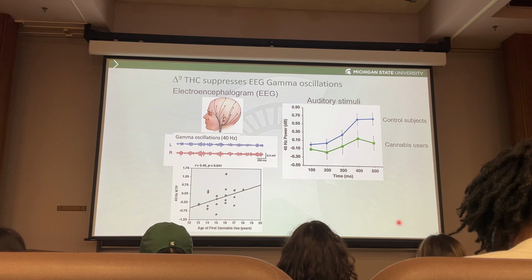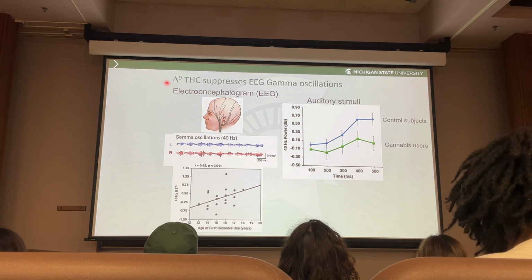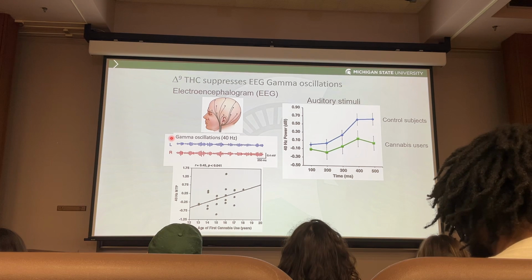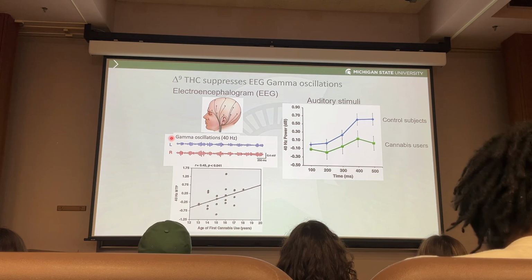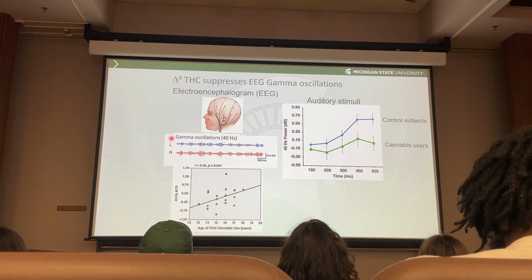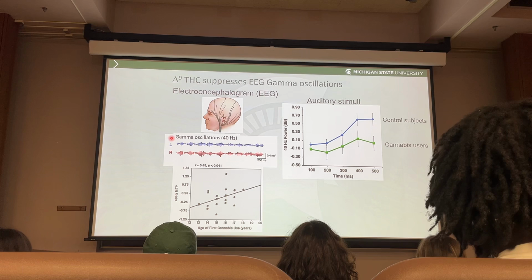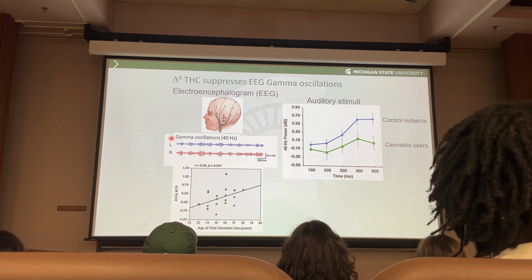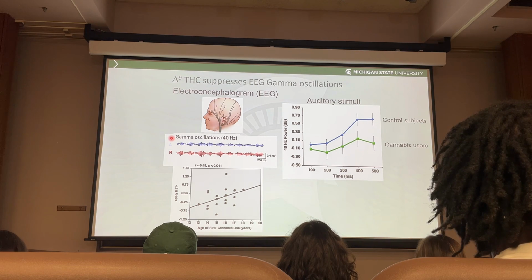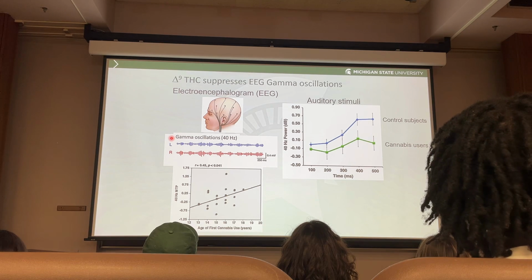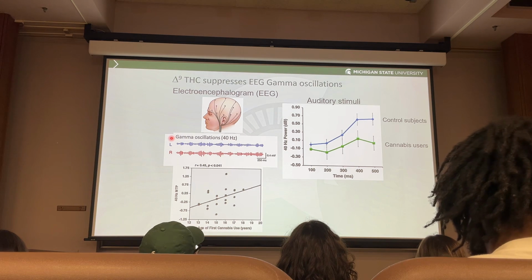Now, on top of that, THC suppresses gamma oscillations in the brain, all right? So, gamma oscillations, usually between 30 and 90 hertz. These are radio frequencies that are emitted by the brain during specific times that help tie different areas of the brain together, but they're usually emitted during times when you're forming memories or you're learning something. There's specific activities that the brain will start generating these gamma oscillations, and as you can see on the right,